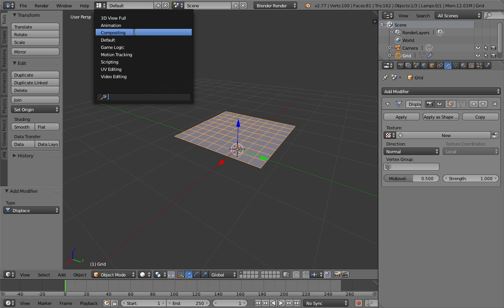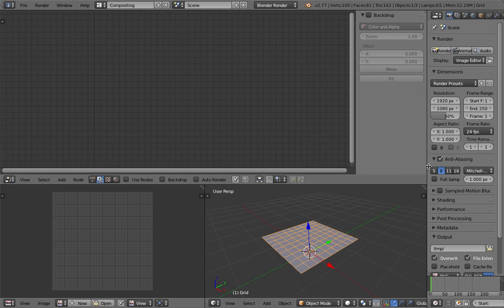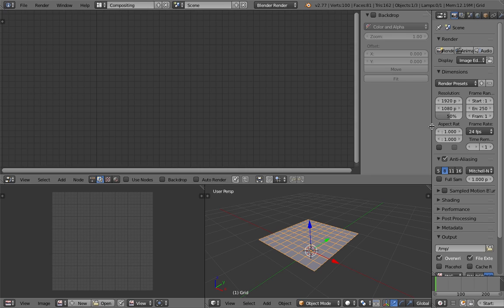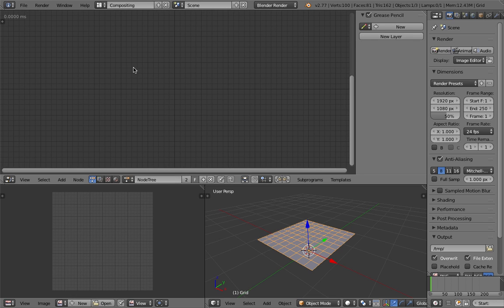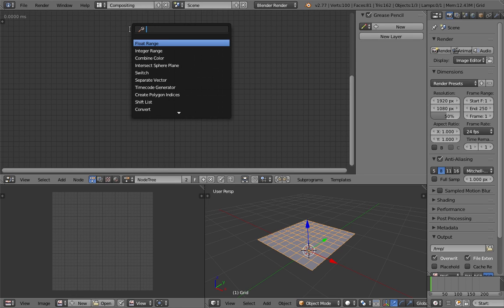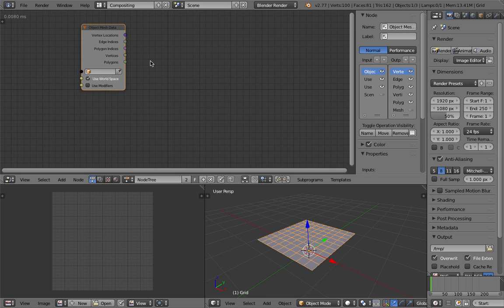Okay, let's do it. Let's change the layout to compositing, and so we have this. We're going to switch to animation nodes and create a node tree. For the purpose of understanding this, I will do it like this for now. So this is the displace position.